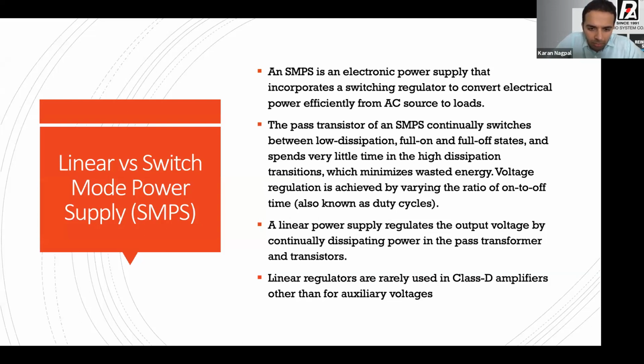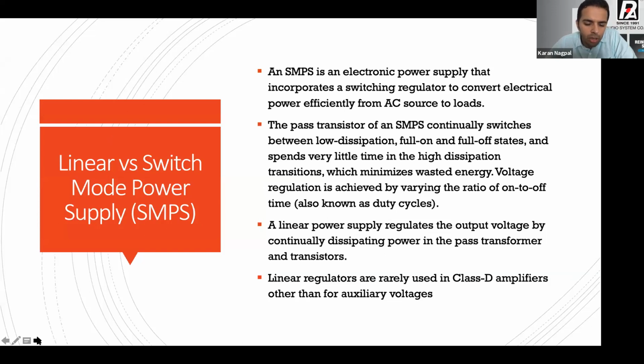एंड जो आपका लीनियर पावर जो लीनियर सप्लाई है जैसे कि ट्रांसफार्मर है, it's regulating the output voltage by continuously dissipating power in the pass transformer and the transistor. तो आपका जो आप 230 volt AC देंगे, so it's kind of continuously dissipating power somewhere in the resistors and storing that charge in your capacitors for various reasons on a rectification level, so it's not as efficient as your SMPS supply.